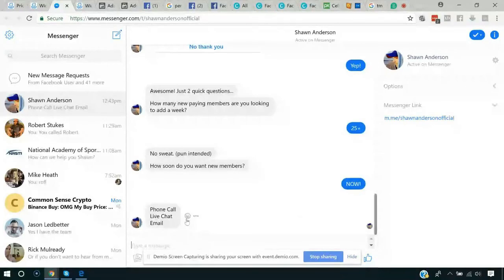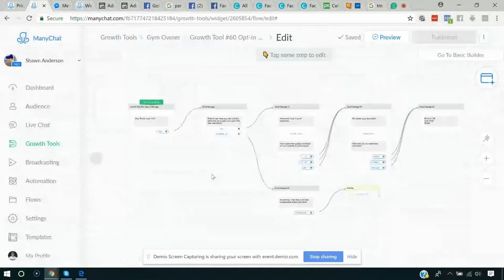Okay, so that is as far as I've got in the bot build. Because I'm going to show you guys, the next step can either be a phone call, get them in a live chat, or we can collect their email. So I'm going to go back over to MiniChat. This is the flow that you guys just saw here. Okay, oh, actually,